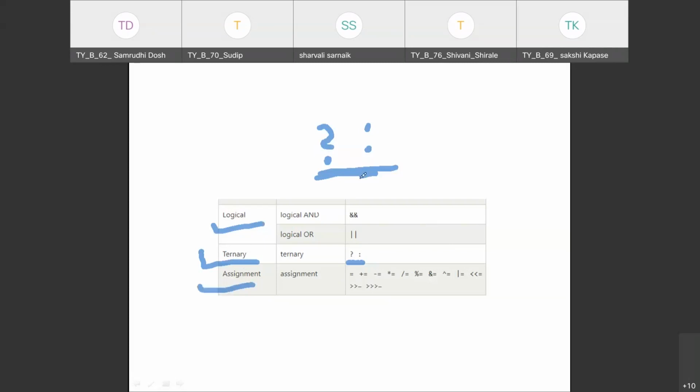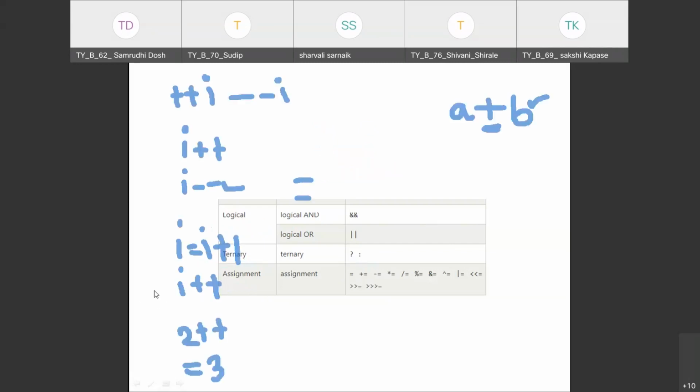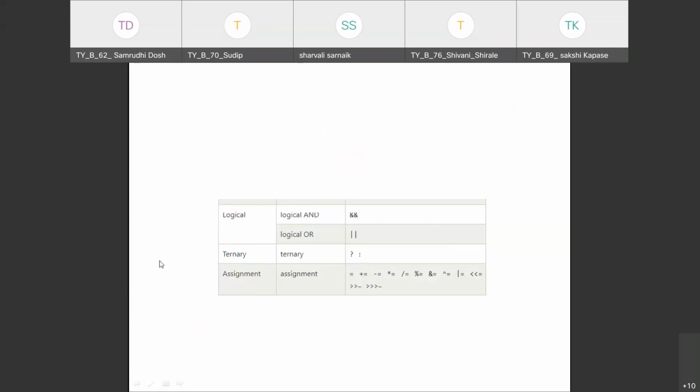Then last we have the assignment operator. So what is this assignment operator? When we are assigning some value to a variable, we are using the assignment operator. For example, I want to assign the value 10 to a variable a, then I will write a is equal to 10.